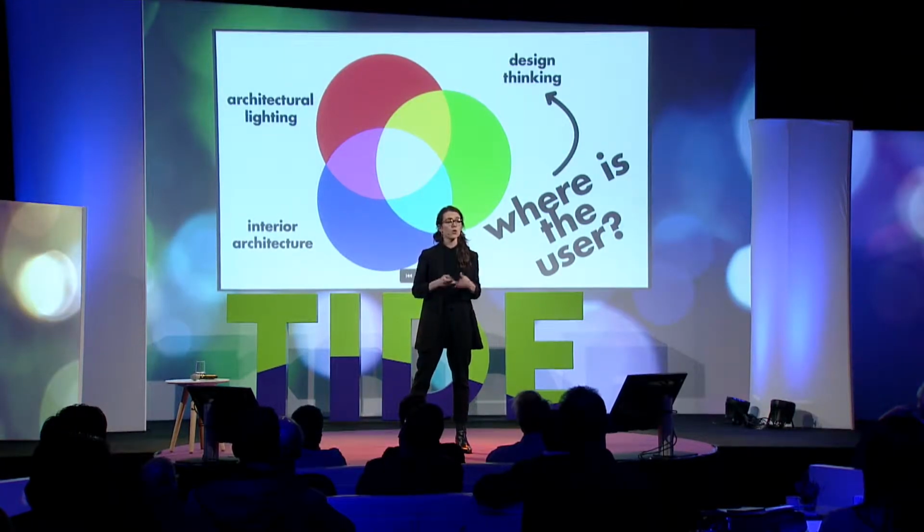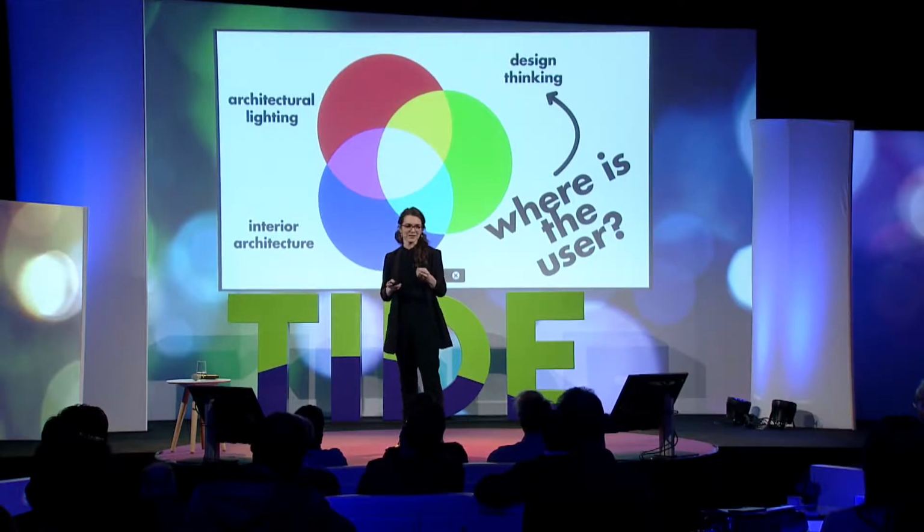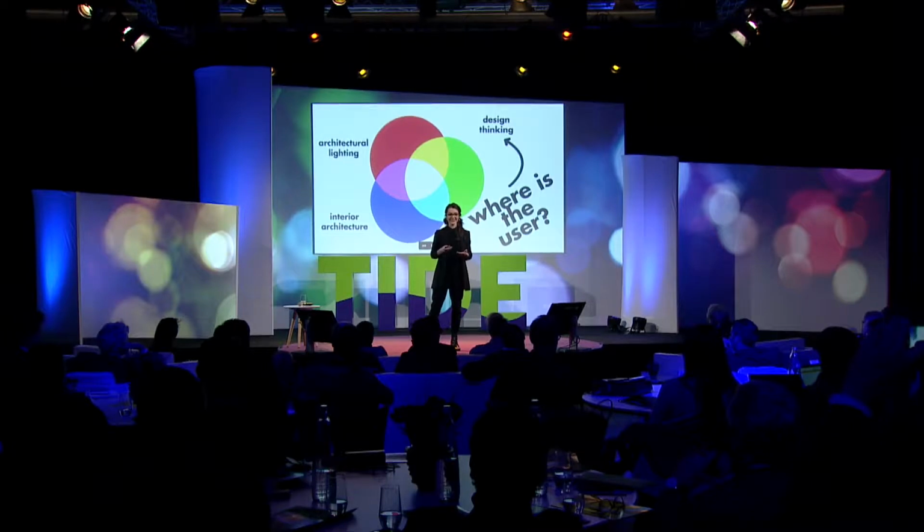Design thinking is now a core part of our practice. However, I actually don't communicate so often that I use design thinking. I feel it's often a buzzword, wrongly used at the wrong moment. I rather use it than say that I use it to everybody. I do it with the customers and with the stakeholders